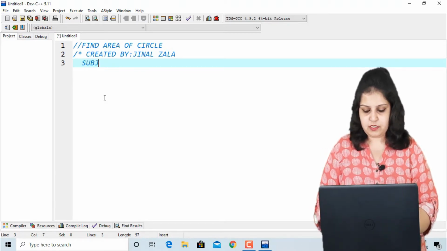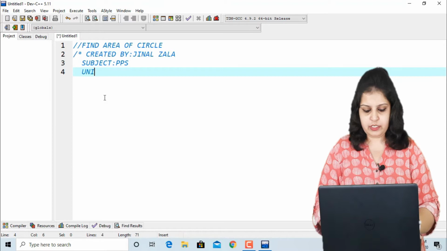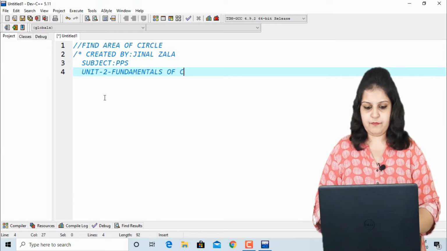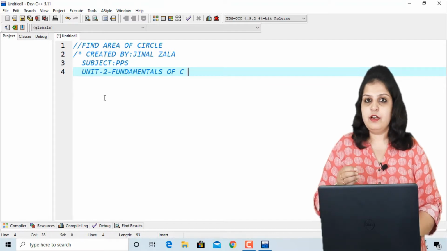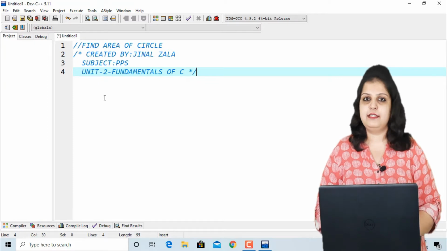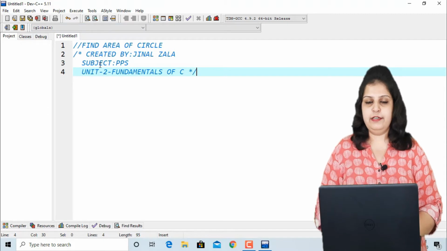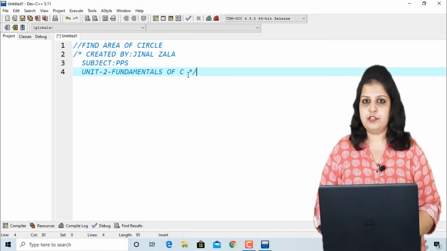So subject is PPS and our unit number is 2, and that is fundamentals of C. Here I have written 3 statements. Now for ending multiple comment lines, again I have to write star and slash at the end of the last statement. So these are the 2 methods for single and multiple lines, and this section is called the documentation section.